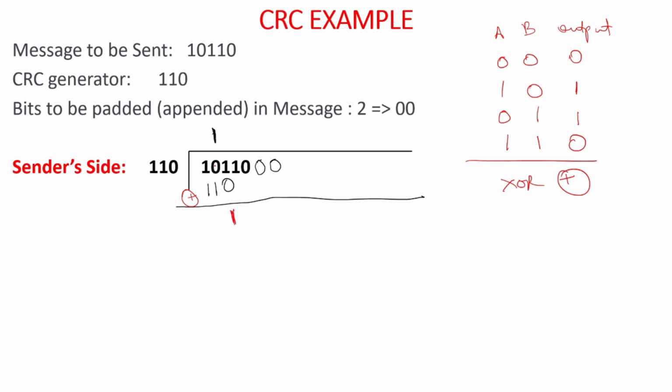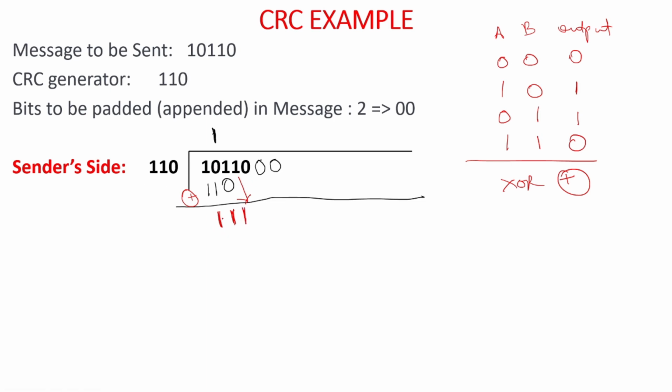Here also if we check, first input is 0, second input is 1. So inputs are not same, so output will be 1. Now just ignore the last, whatever is remaining, you have to ignore. Okay, you don't have to write it down. Next input you have to take from here. Since here 3 are there, here also it has to be 3 only. So take this 1 as it is. So now we have 111.